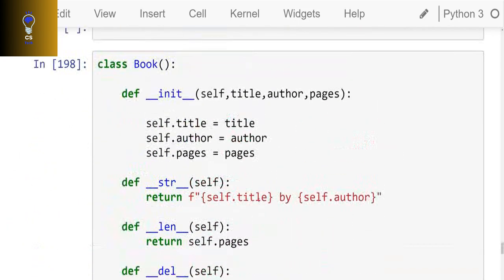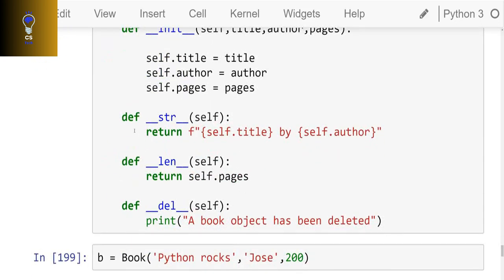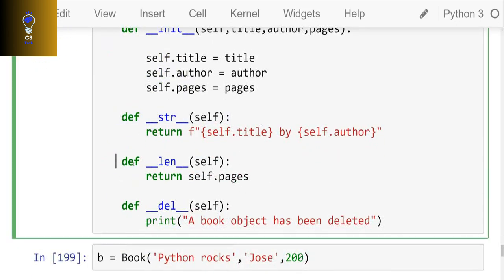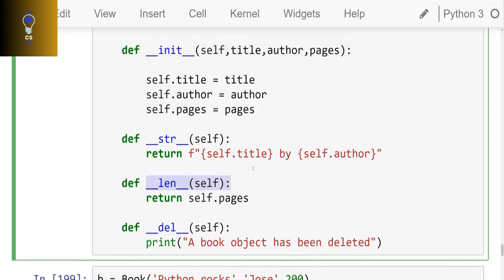All right, those are the main special methods that you're going to be using as you're just starting off with Python. You can check the documentation for many more dunder or special or magic methods, but really these are the main ones you're going to be using, especially str and len. So again, str returns the actual string representation, so you can print out user-defined objects. Len returns the length, so you can return the length of user-defined objects. And that ends our